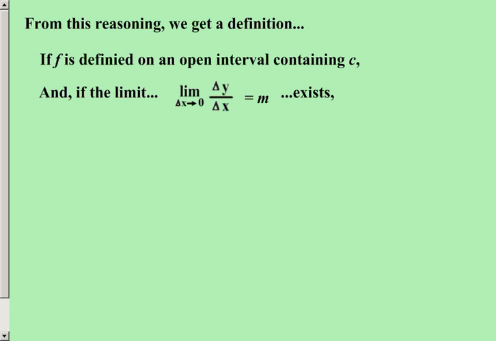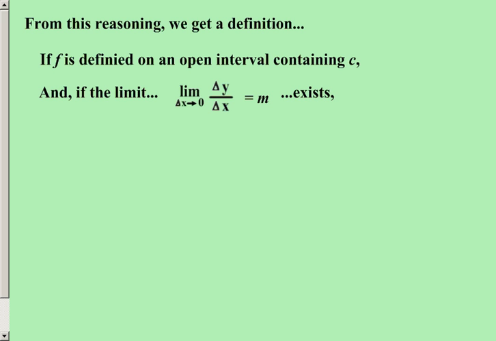Now the limit notation there says as delta x goes to 0. That's exactly what we saw on the previous slide with the red point and the blue point approaching each other. We are basically causing the distance between that red point and that blue point to become as close to 0 as possible without that distance totally vanishing. So there's the idea of the limit. We want delta x to approach 0, get very, very close to it, but not actually reach it, and that's what you're stating. The limit as delta x goes to 0 of delta y over delta x,